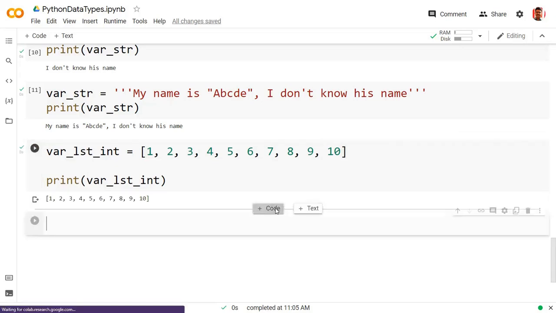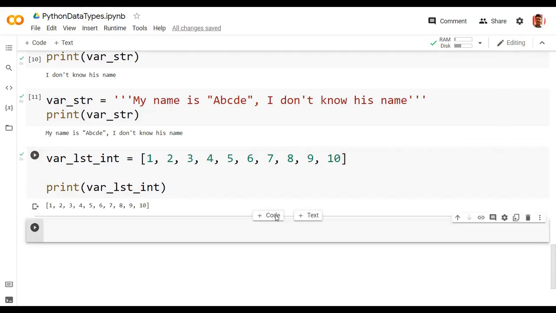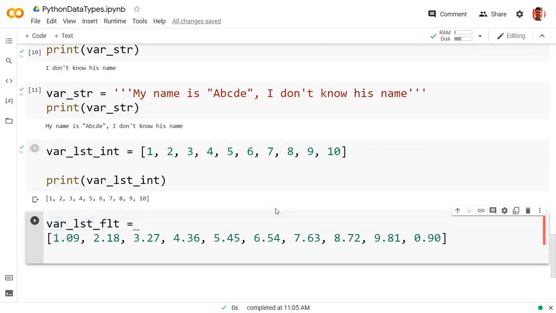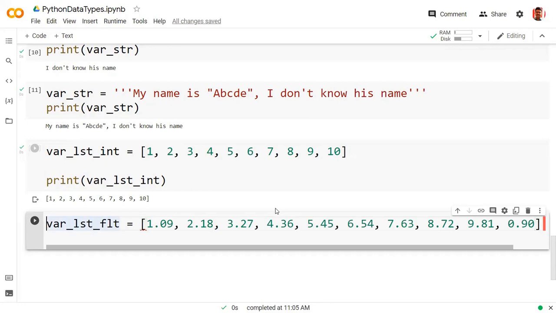Now I am taking another type of list and I'm trying to get the output right here. So this is my list. Let me print it. So this is my list of float values.